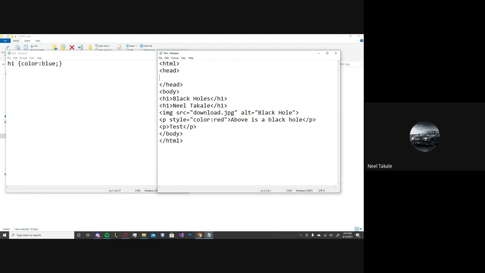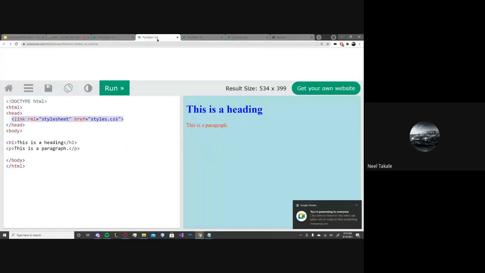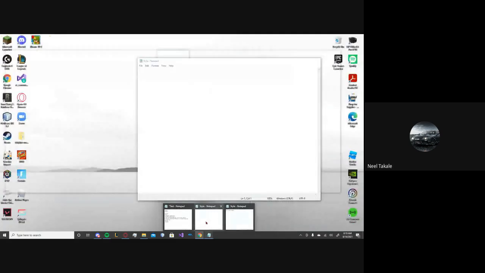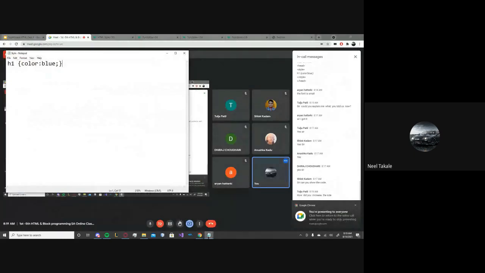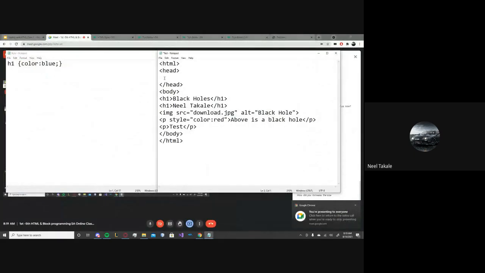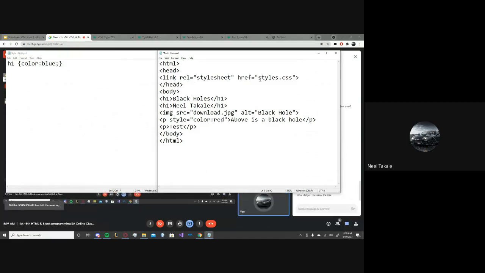And as we saw in W3Schools, if we look at the exact syntax, it's going to be this. So I'm just going to copy and paste it, and I'm going to change one thing. Here we can see that our CSS file is named style.css. So now instead of having our opening and closing tag for the style,